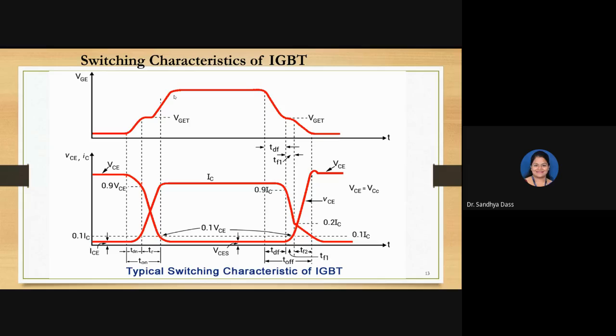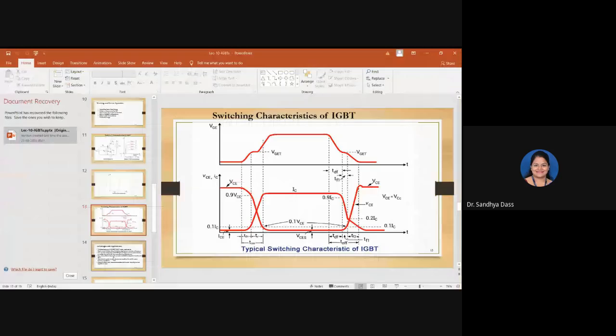So how do we say the device is turned on? We look at the output parameters. Our output current is the collector current, and the voltage across collector and emitter is our voltage across these two terminals. If there is maximum current from the device, then that is when I say the device is turned on. If the current is zero, then the device is turned off. I hope you are getting it. Can anyone acknowledge that? Am I able to explain? Are you able to interpret it?